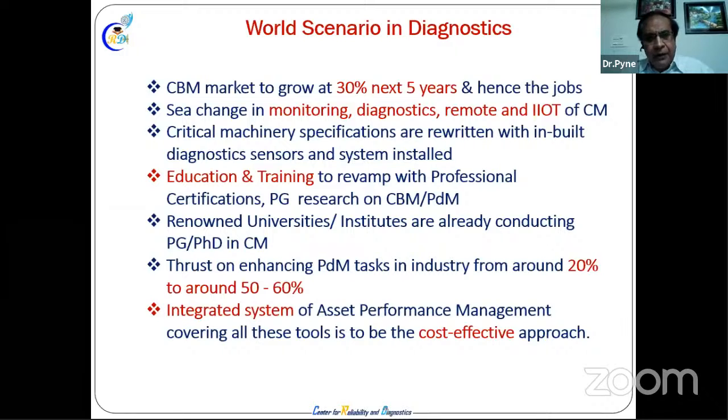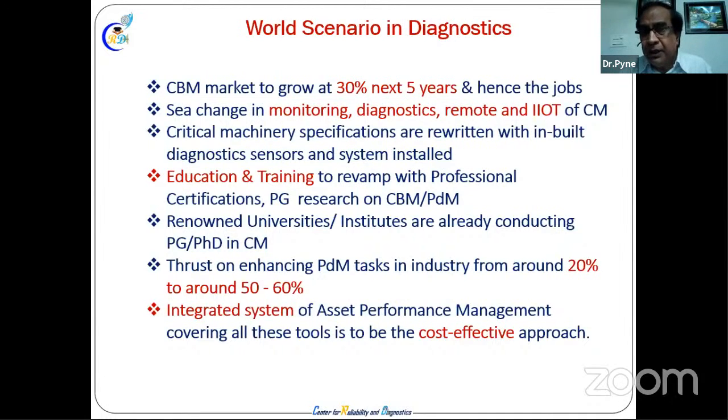So renowned institutes dedicated to this line are available in India. The industry requirement is 20-30% of what is available right now, and many industries have already crossed 30-35%. In petrochemical refineries I've seen this in the Gulf, and in one or two companies here in India. But most Indian companies are still in the preventive, time-based maintenance zone. We have to go to a higher zone of maintaining the asset to get maximum benefit out of it.